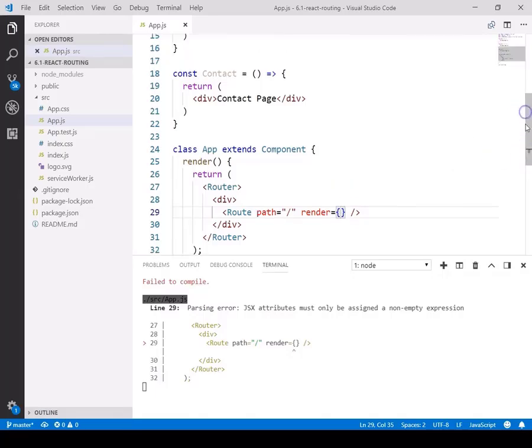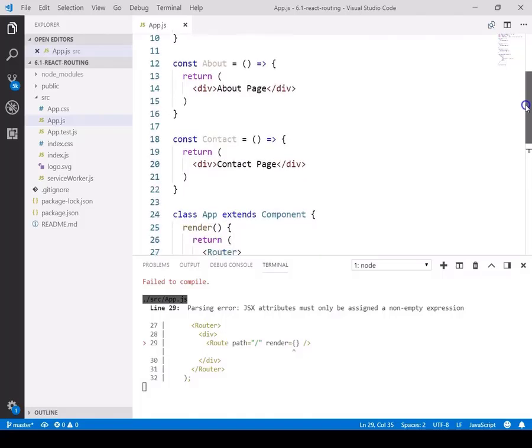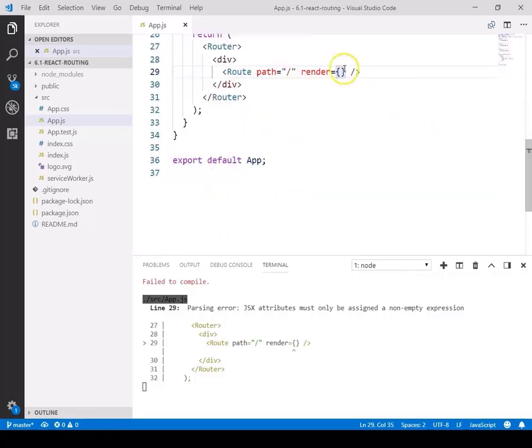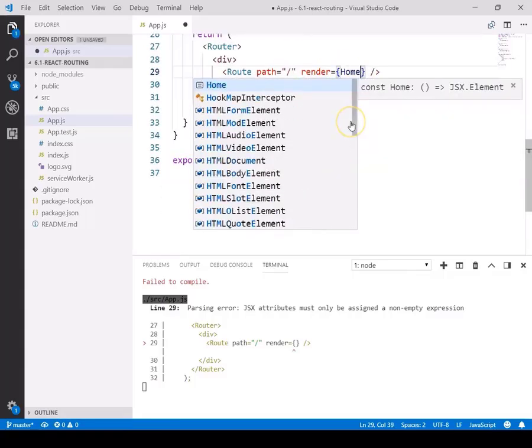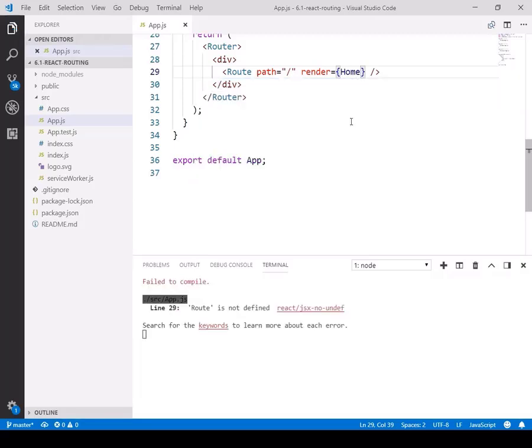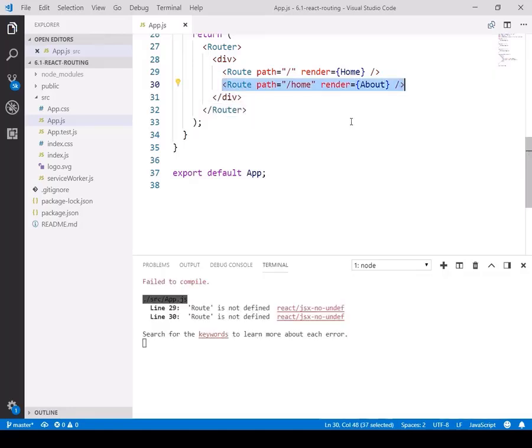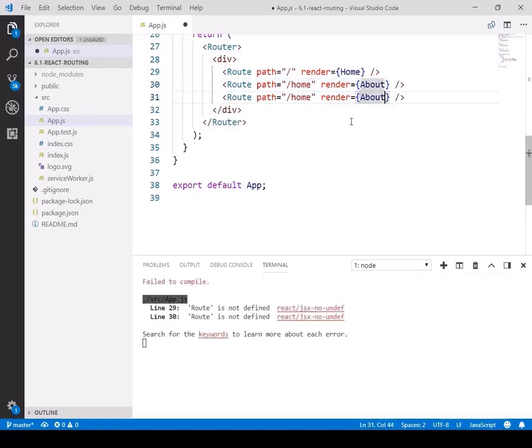We have three components in this same file: Home, About, and Contact. You can also keep them separated in different files when they have a lot of rendering in them. I would like to render the default Home component when my application runs. The second route I want is when someone looks for the route /about, then the component to be rendered is About. Post that, we also have one more component which is Contact.